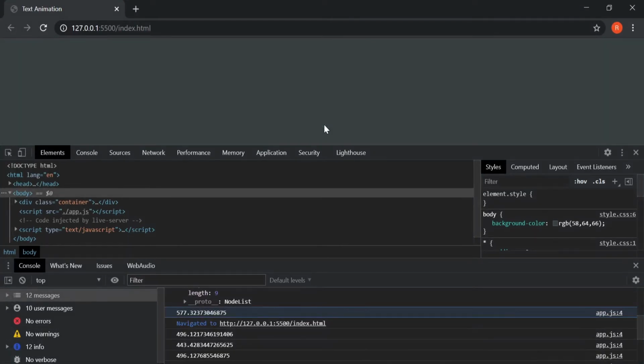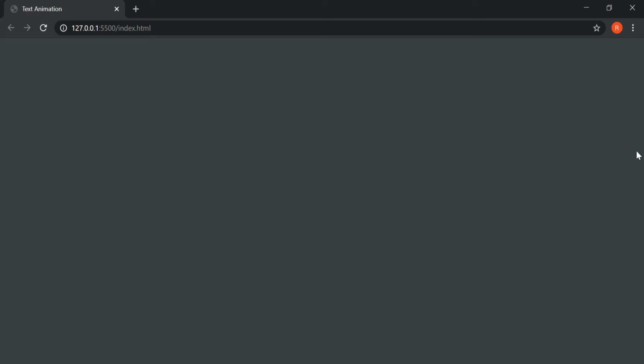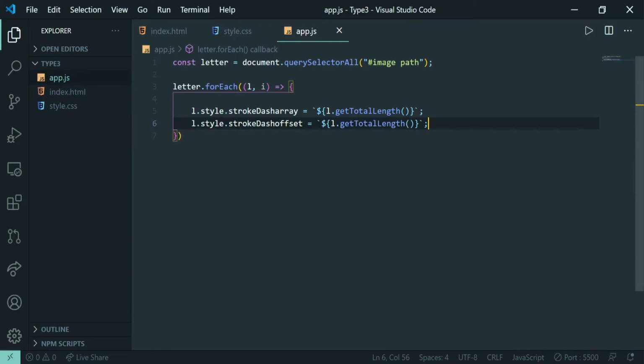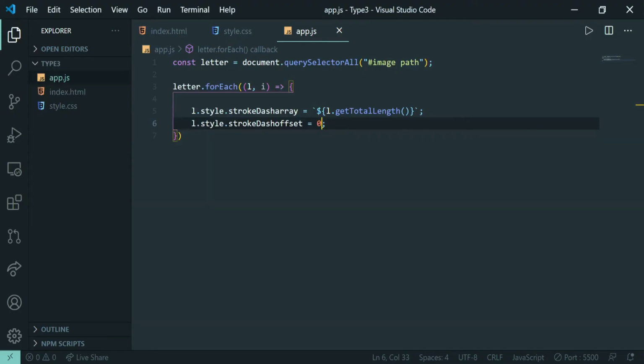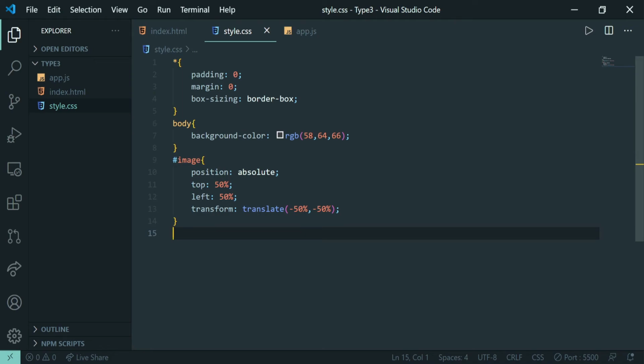Let us see this first of all. Right now you are not able to see the drawing, but as soon as I give this a value of 0, we can see it. So what we have to do is make this stroke dashoffset decrease, and we will be doing this with the help of our keyframes.